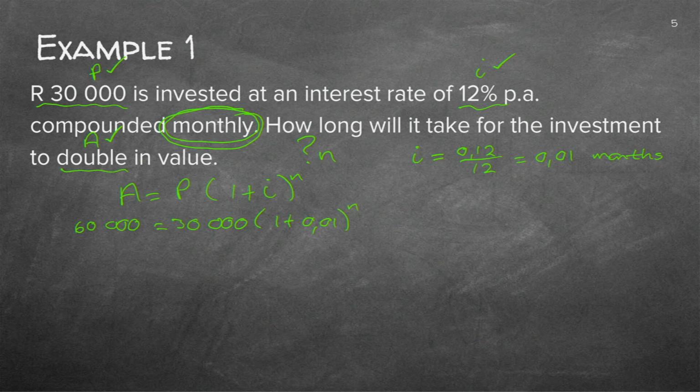Now I need to get that n all alone. So I know somehow I need to get the n down to earth. I need logs for that. But that means the bracket must be all alone. So firstly, I go to the left-hand side. Now this probably you could have just done in your head, but I'll just rather write it out so you can see all the steps. And this I can just make 1.01 to the power of n because I can just add it easily. Now that gives me 2.